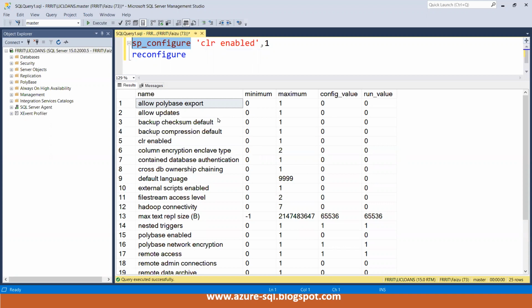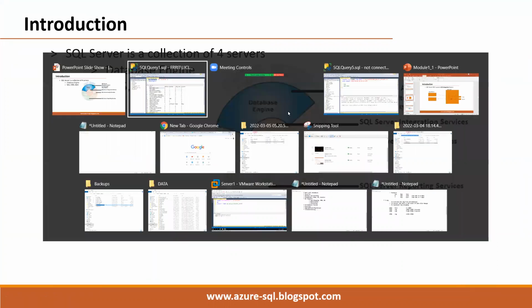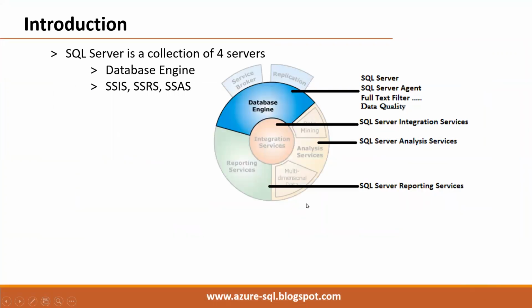After that, next we have discussed SQL Server is a collection of what? Four servers. The DB engine is our main server where we are working as a DBA, right? Remember, while installation we can also see these four